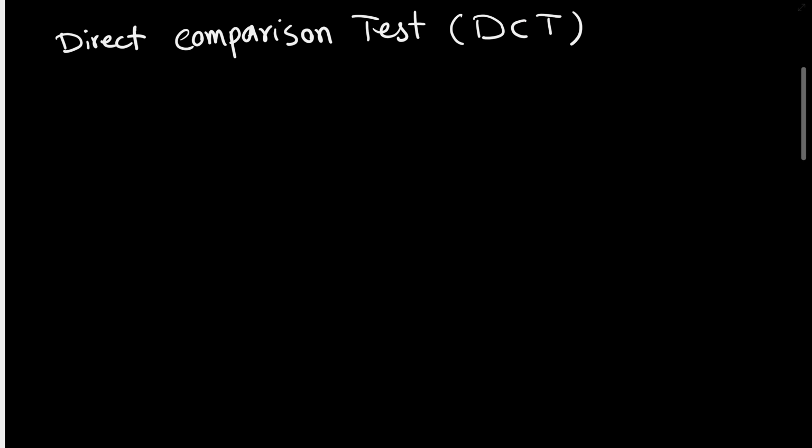In this video, we want to go over the direct comparison test and limit comparison test for series. So let's start with the direct comparison test, or DCT for short. The direct comparison test says that if you have two series, sigma an and sigma bn,